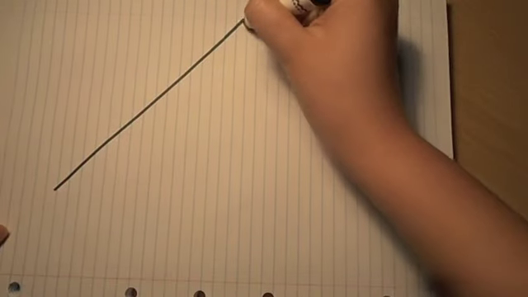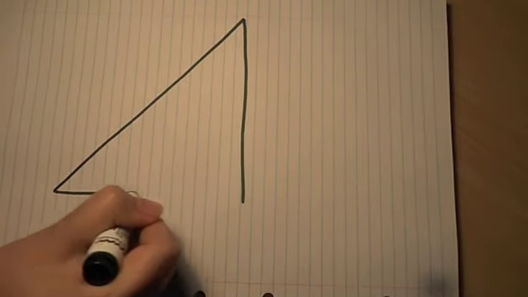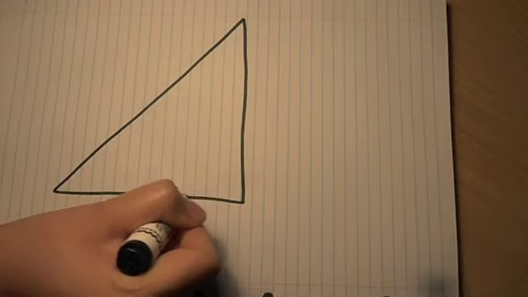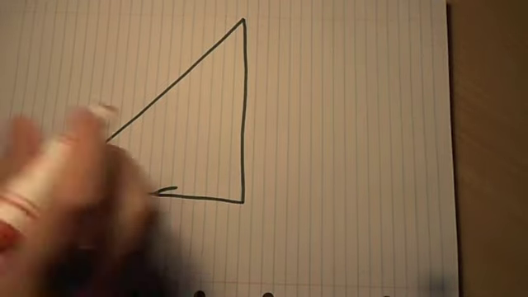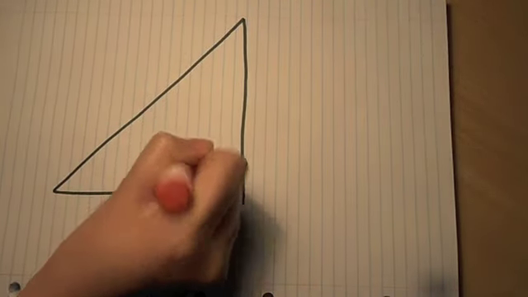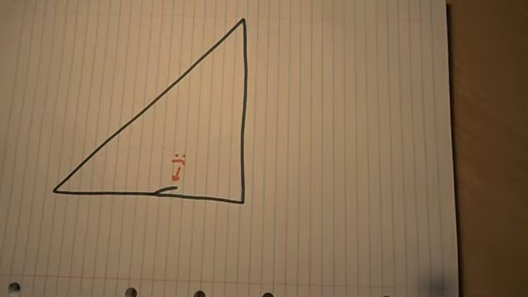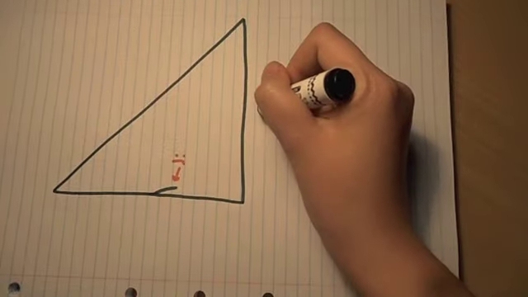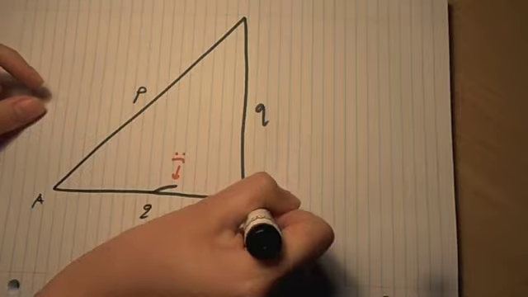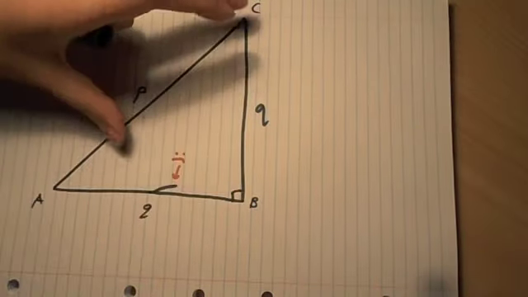Let's start by drawing a right-angled triangle with two sides having side length q and the third side having side length p. Yeah, my hand kind of bumped my camera tripod, so I have this random line coming into my triangle. Okay, so I'm going to go ahead and label our triangle ABC,